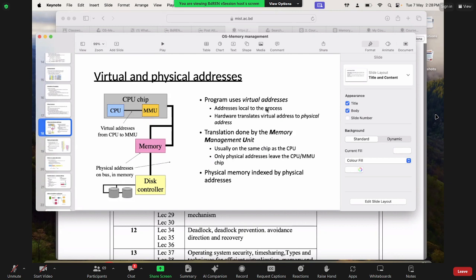Now program uses virtual addresses here. Just a quick example. Although your memory addresses are starting from 0 to somewhat like 32 GB, whatever address, 0xFFFF something, in that memory there are some blocks which are already occupied by some different process. But still, the process uses some virtual address, so it does not know in what address of the memory what is lying.